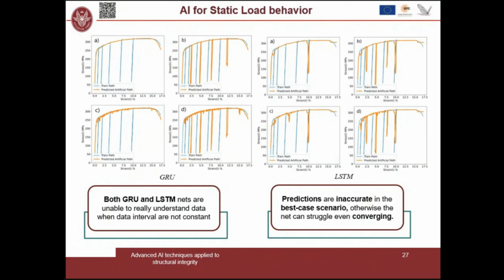Because, for example, here we have a mono-loading path. Here we have multiple loading paths with some discharge. But here, for example, with a long short-term memory, it doesn't even know that it doesn't have to go to 0. So it just follows the training data. And that's a problem, because that's a really simple toy data set. But if you try to implement this with a lot of sensors, with a lot of data, you have basically